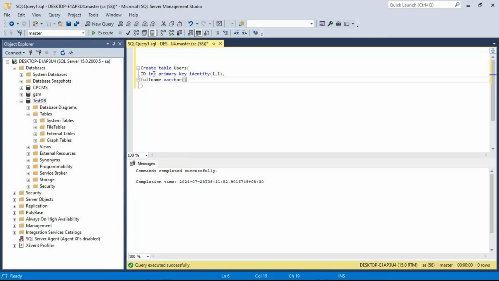We can declare the size of this varchar, for example, 30, and email varchar, size of again 30, mobile number varchar, size of 12,